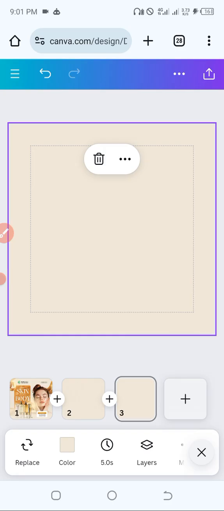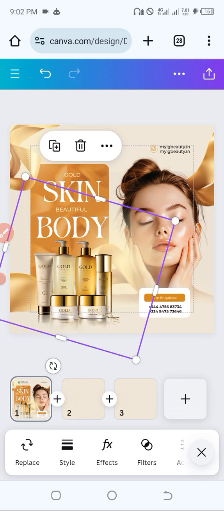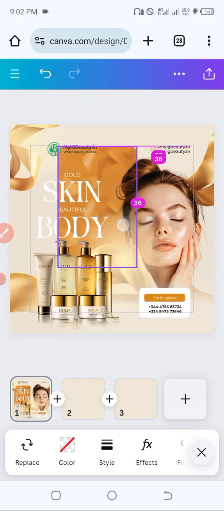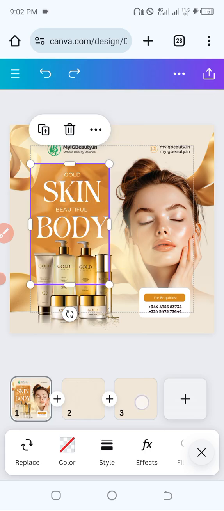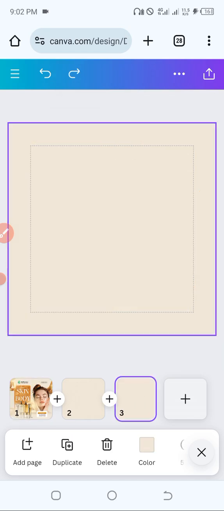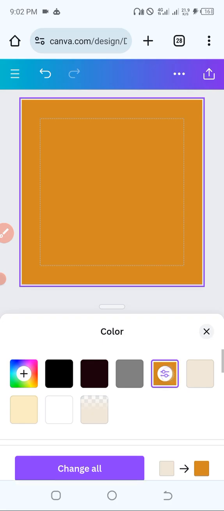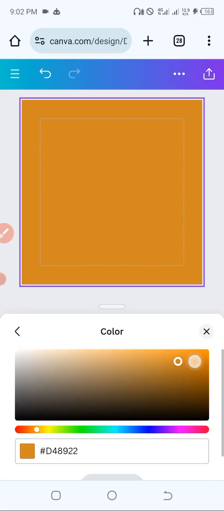Moving on, I'll tap on this other background. Remember, we need two pages. What I want to create now is this rectangle kind of stuff, texture in a way. So I'm literally just going to come over here, select the color, and I'll choose this color. If I tap on this again, I think I want to make it a little darker this time. So the color code for this is